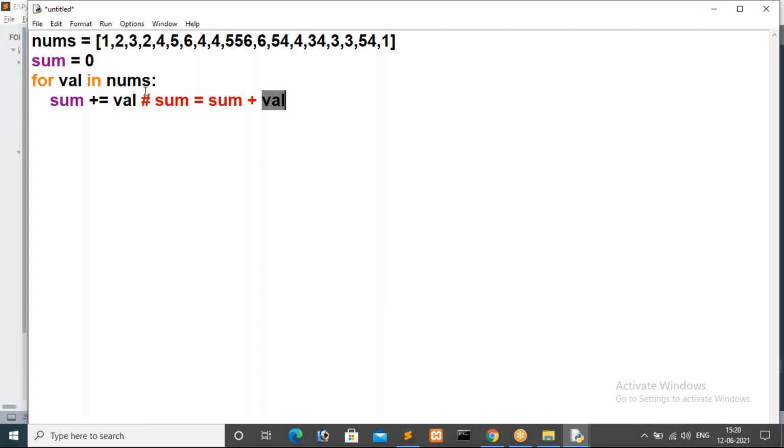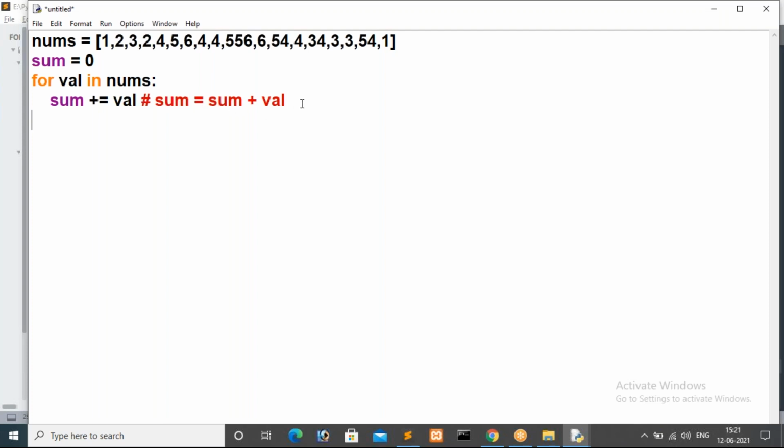So in each and every iteration, we are getting a value from this list. Then we are storing it inside a variable, that is val. After getting the value inside val, we have to add that val to some variable. That means sum is equal to whatever value existed previously inside sum, plus the iteration value, that is val. Then we are storing it inside sum only. The meaning of this statement is this, guys: instead of writing sum is equal to sum plus val, we are writing sum plus is equal to val. That is the addition assignment operator we are using.